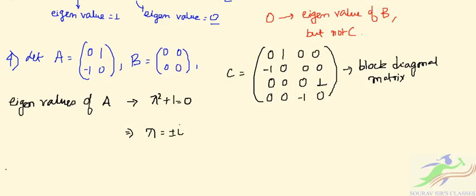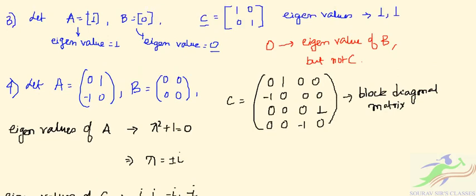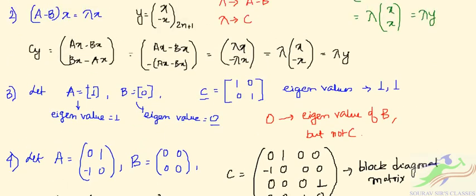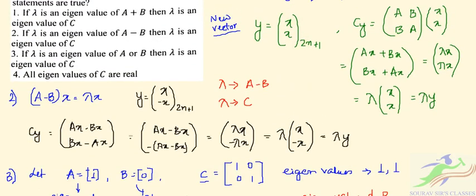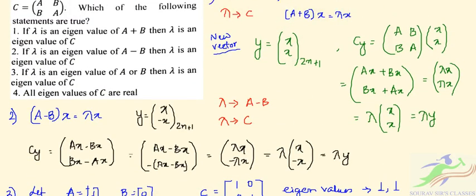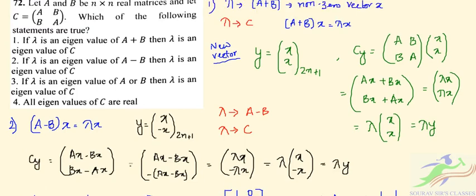What will be the eigenvalues of C? They can be i, i, minus i, minus i, and none of them are real. So option 4, that all the eigenvalues of C are real, is an incorrect statement. So we have only option 1 and